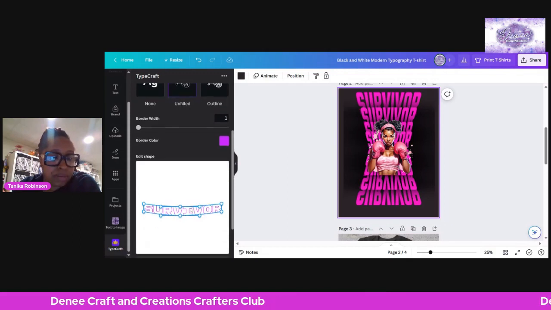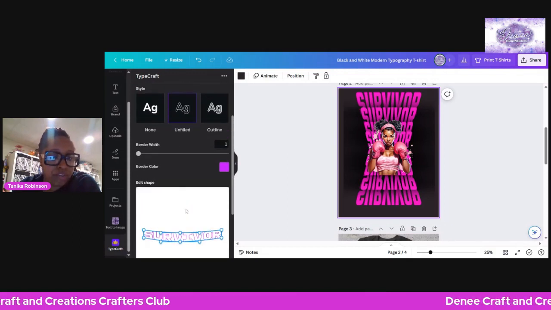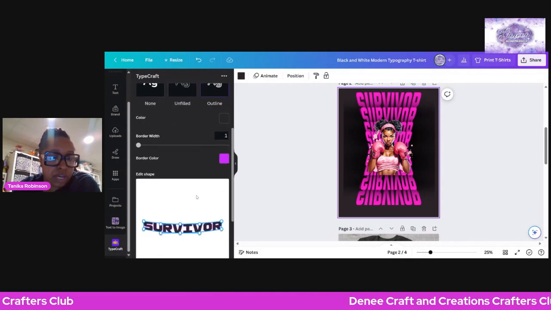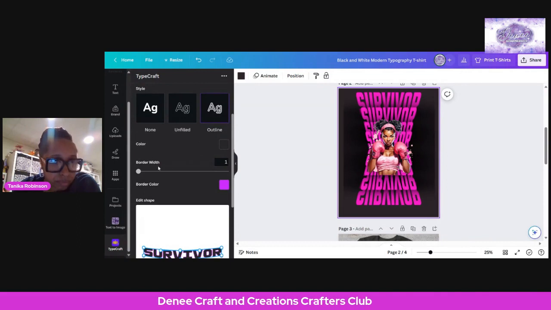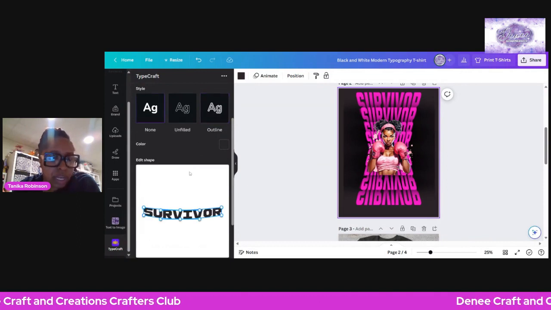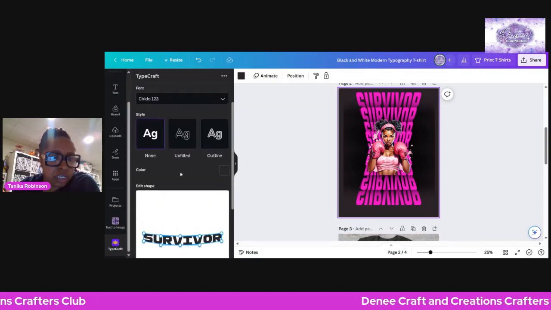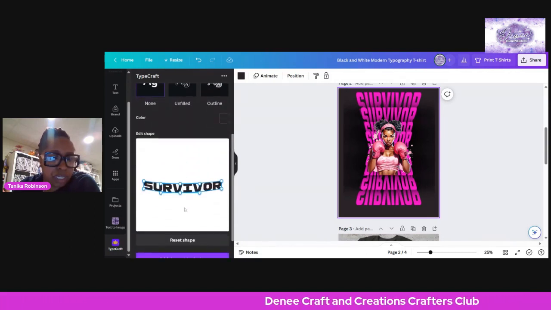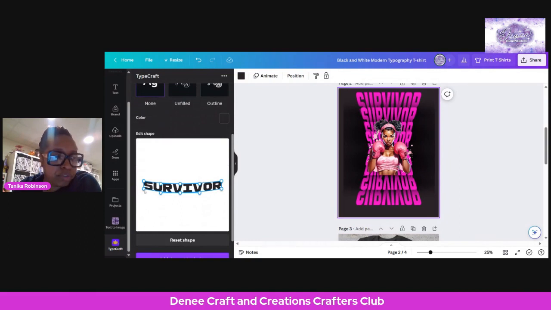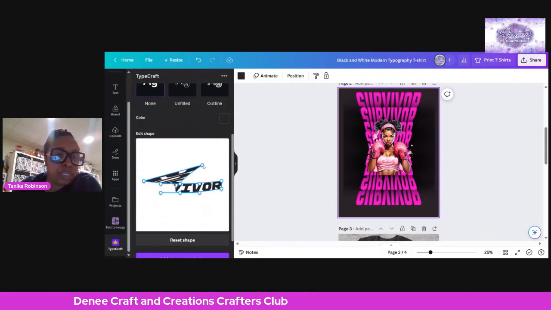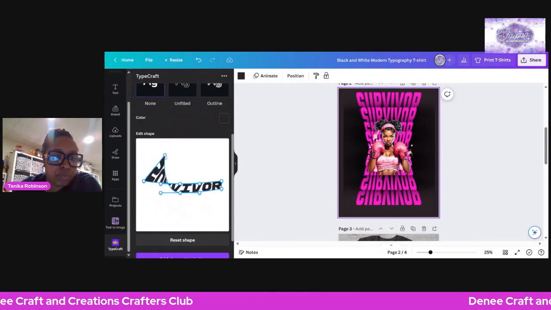Can y'all see it at the bottom? This is how it will look. This is the unfilled one. This is the outline. It has the black with the purple blur behind it. I don't see any other styles that it gives, and if you didn't want any style behind it, just be plain. And like I said, these bubbles right here allow you to manipulate the word any way, shape, or form,